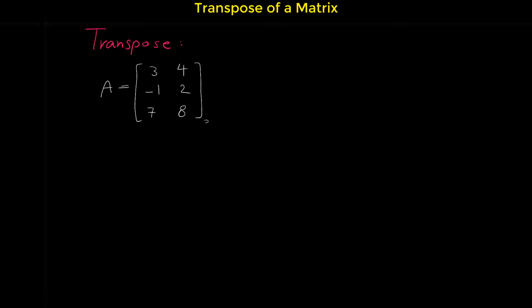This matrix is a 3 by 2 matrix because it has 3 rows, first row, second row, and the third row, and has 2 columns. So this is a 3 by 2 matrix. The transpose of this matrix, which we usually show with this notation, A superscript T, is a new matrix which we can find by interchanging rows and